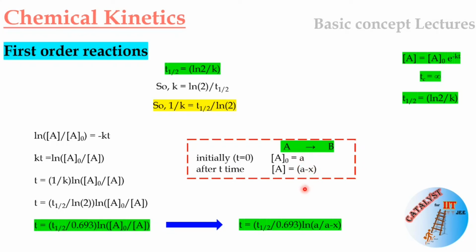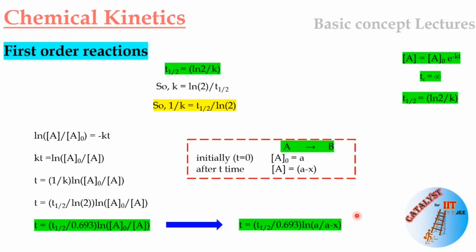So you put these values in the equation here and you get t equal to t half by 0.693 and then ln a by a minus x. So a is your A naught and a minus x is your concentration of A. So you just put these values in this equation and you get your final equation here. So this is also an equation which can be used to calculate the time required for any such changes for